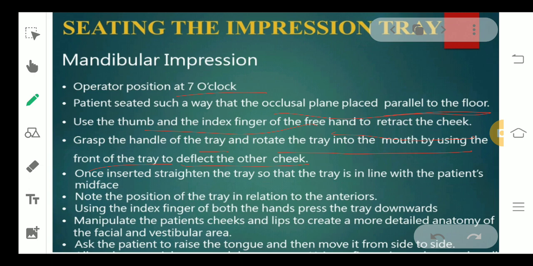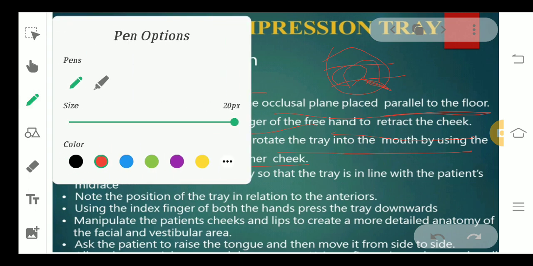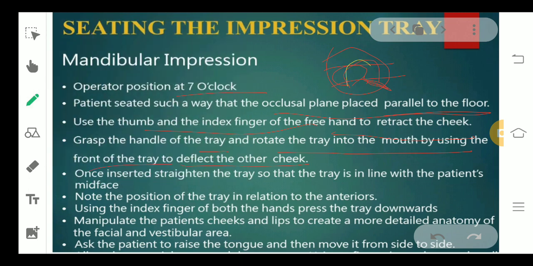For example, this is the patient's mouth, upper lip and lower lip, and this is your tray. When you're reaching the patient's mouth, the tray will be something like this, the handle will be here, so it would be tilted. But as soon as you reach inside the mouth, just straighten your tray like this, so that all the teeth can be covered in the arch. So when you have to enter, it should be tilted, but when you have entered the mouth, just straighten your tray, set it properly, and then wait for it to set.